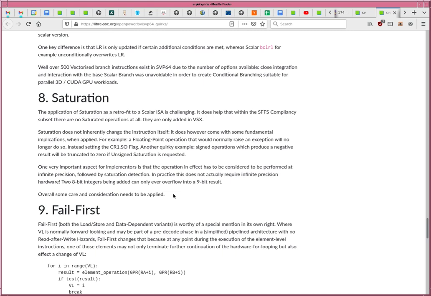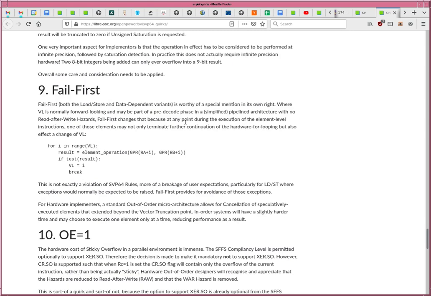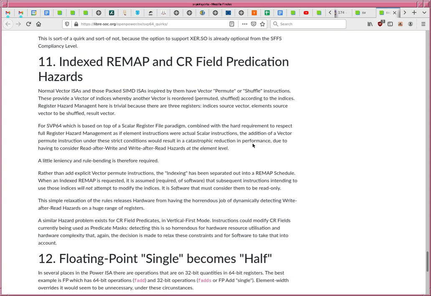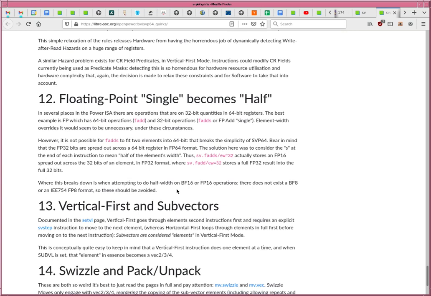Of those 24 bits, 5 of the bits are used for a mode. One of those modes is saturation in general on top of the scalar instruction. It's really that simple. Another one is you can see all those things. Another one is